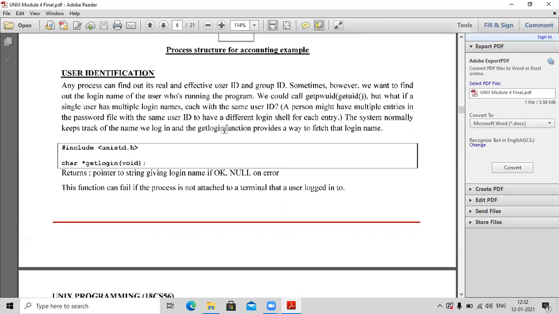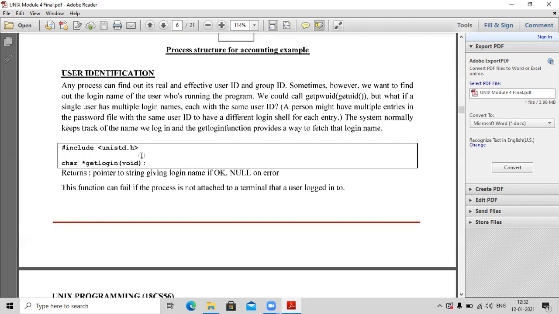So if I use this particular function, I will obtain the login name of the user who is currently logged into the program. This is the function which can be called, which returns a pointer to a string which contains the login name. As you can see, it is returning a character pointer to a string which contains the login name.